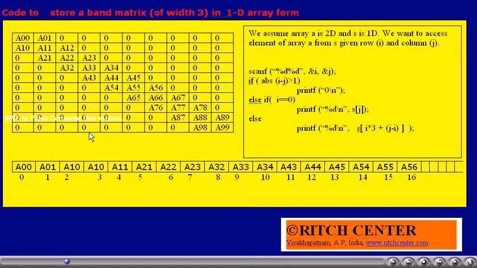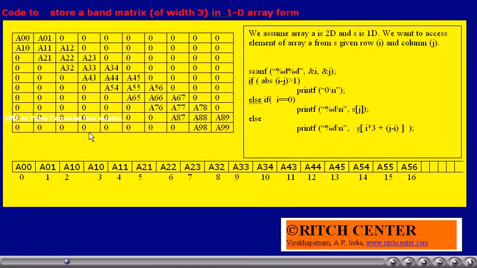That is, if we calculate the absolute value of i minus j, if it is greater than 1, then obviously the element the user specified is not a band element at all. So outrightly its value can be said as 0. It can be printed.